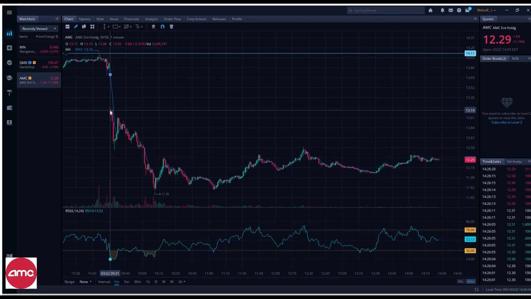On the 22nd of March, AMC dropped from around $14.11 all the way down to $13.17 at the market open. Throughout the next couple of hours, the stock price kept going down, all the way down to $11.76. And then it climbed back up a little bit and consolidated around the